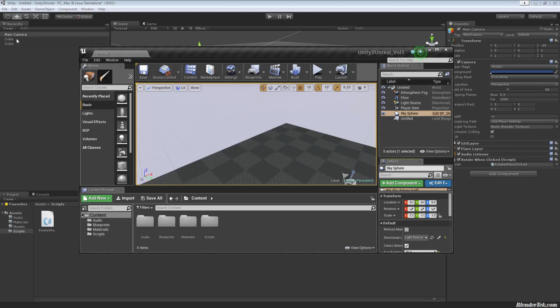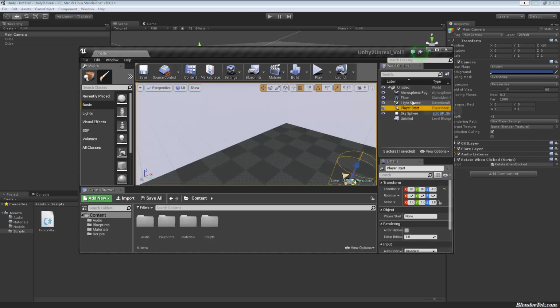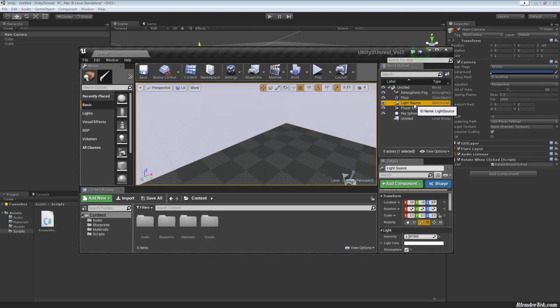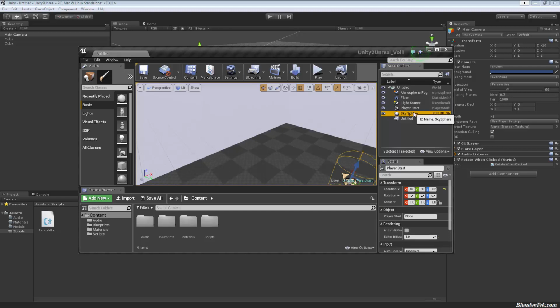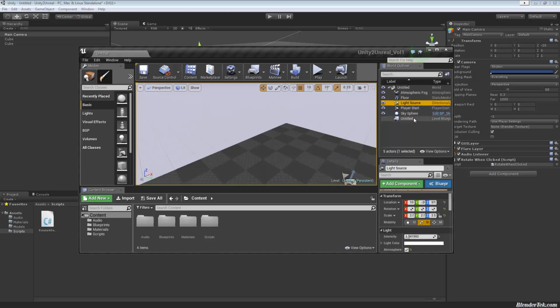And now when you select an asset in Unity, it brings it up in the inspector window where you can add components. And so when I select an asset in the world outliner in Unreal, it comes up in the details window where I can add a component.